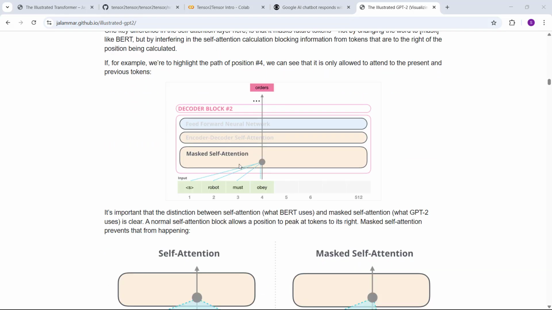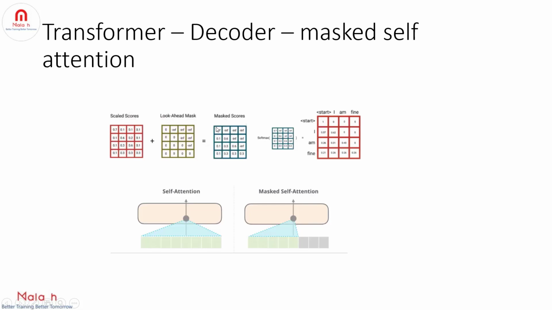If you see here, why do you need this masked self-attention in the decoder? Because the decoder only knows the attention score of the starting sequence in step number 1, and all the remaining will be masked. And in step number 2, we pass the starting sequence and the predicted word, and then it will know the score of the starting sequence and robo, right? And all the remaining will be masked, right? So it only predicts from the starting sequence and the remaining are masked with infinity.